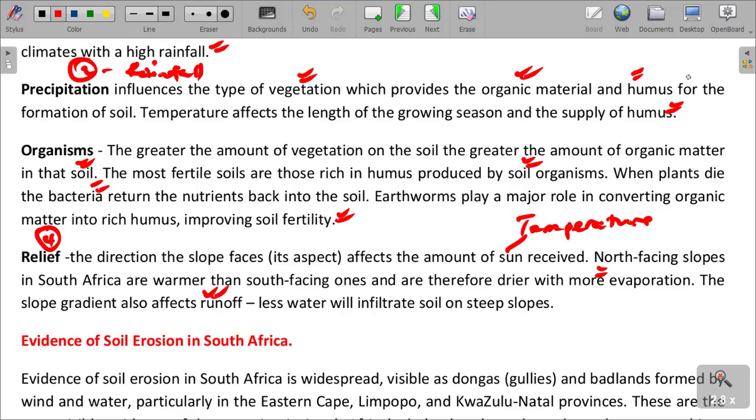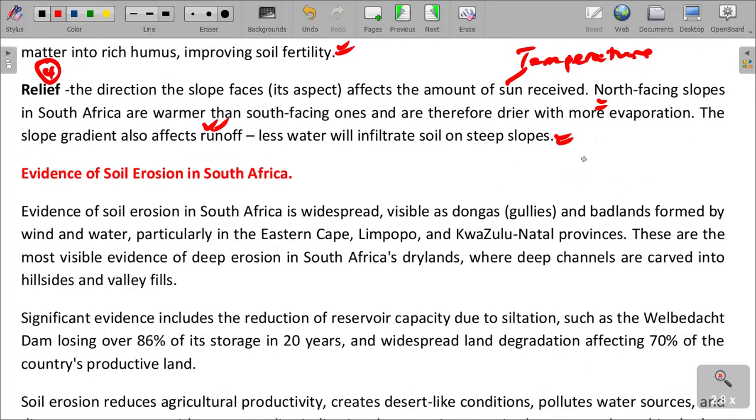Runoff, we are talking about the amount of water that drains after rainfall, which flows over the surface. Less water will infiltrate, so steep slopes therefore result in unfertile soils. So relief, which is the gradient or steepness of a given landscape, of a given terrain, affects our soil fertility and also the rate at which decomposition is occurring because